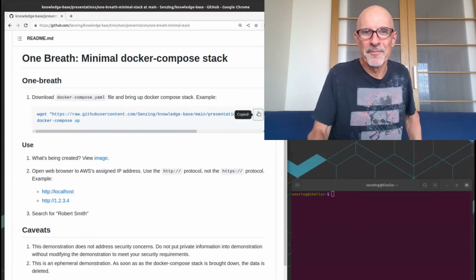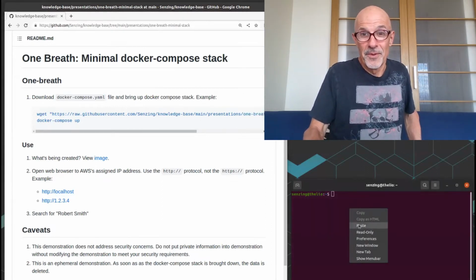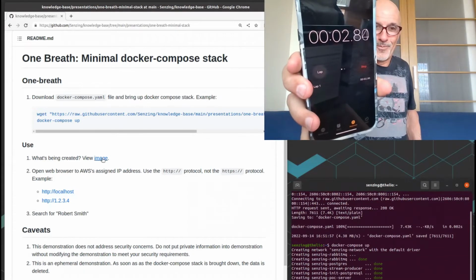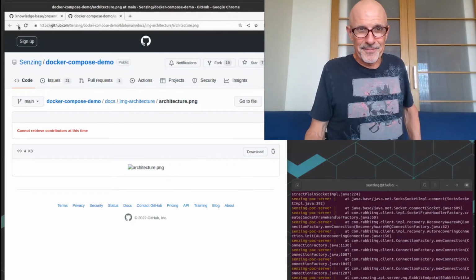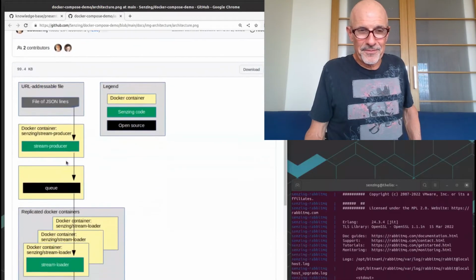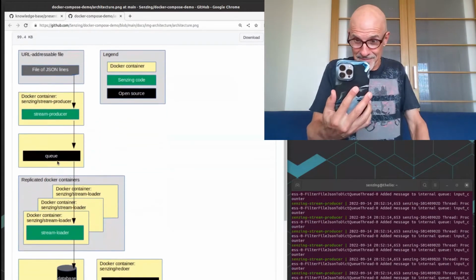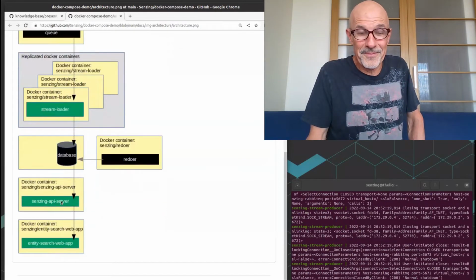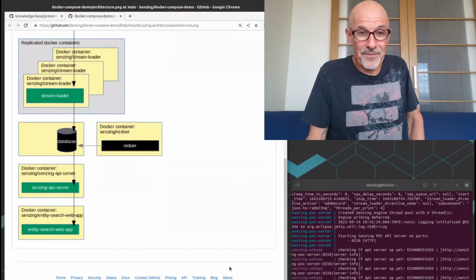You got it. So I'm going to copy these two commands. It's going to download a file and bring it up. So here we go. 3, 2, 1, go. Okay, and off it's going, and it's starting to bring up the stack. So let's take a quick look at what this stack is. There's that image. All these things in yellow are Docker images. We're going to put some records into RabbitMQ. We're going to pull them from RabbitMQ. Using Senzing, we're going to put it into the database and then pull it out with an API server that gives a RESTful API and the web app.